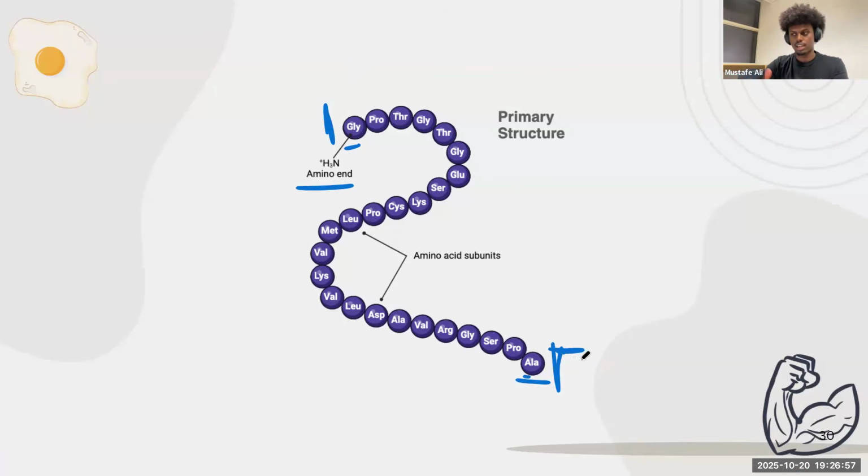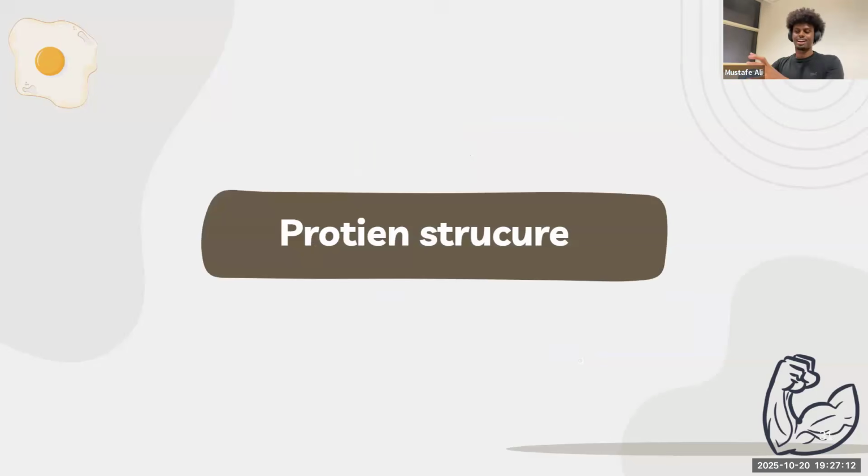So a polypeptide chain has an amine end and a carboxyl end. That is because the amino acid has nothing bonded onto the amine group on the left side, and on the right side, there's nothing bonded onto the carboxyl group. I hope that made sense. Now we're going to be getting into the main part of the lecture, protein structure. If you guys have any questions, feel free to ask before we move on.